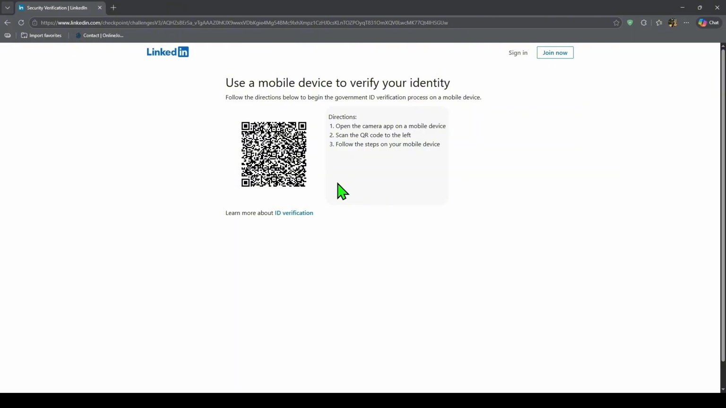Try signing in, follow the on-screen recovery steps, verify your identity if asked, and submit an appeal if you believe the restriction was made in